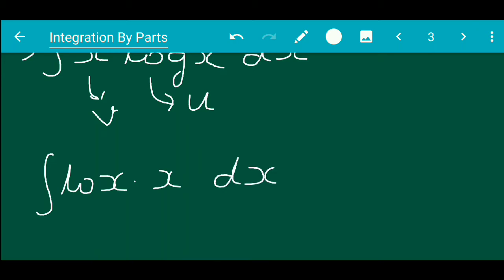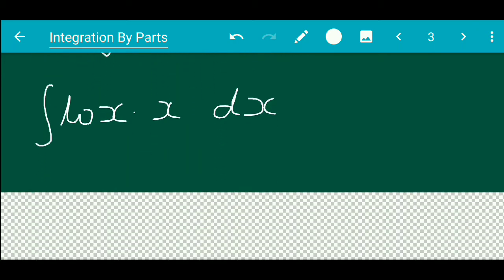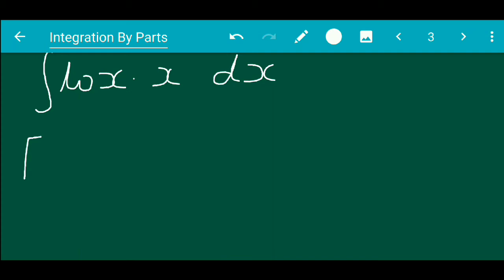And using the formula u into v, I'll state the formula at least for the first sum. You don't have to write the formula in the exam, just remember it. The formula is u into v dx. In fact, before starting with the sums, I would advise you all to take a few minutes, learn the formula by heart and then start the sums.